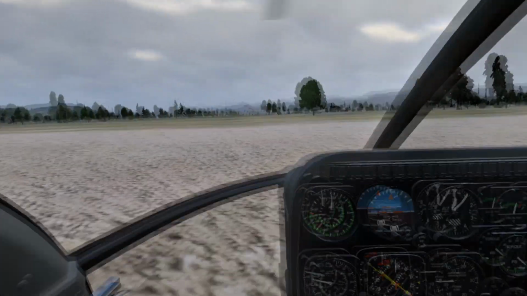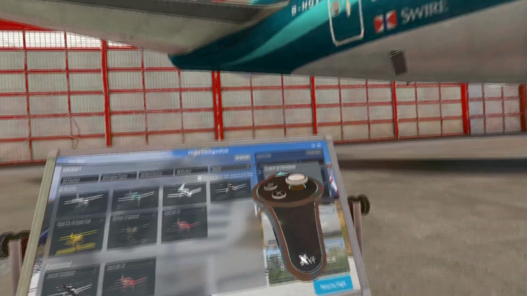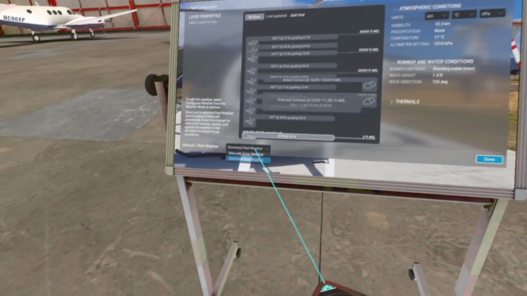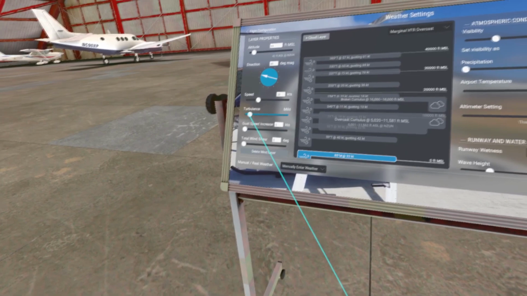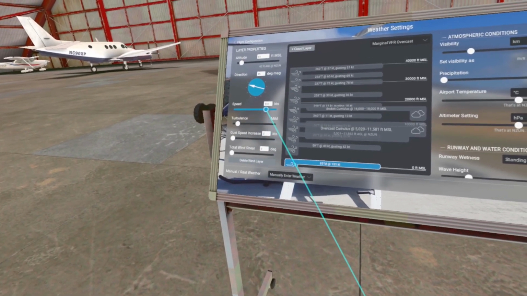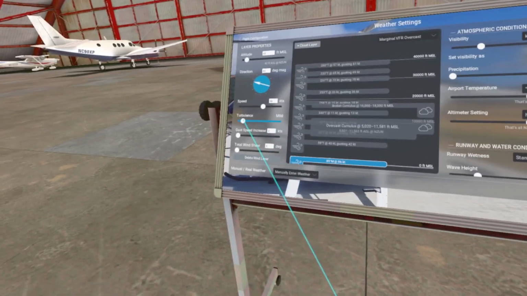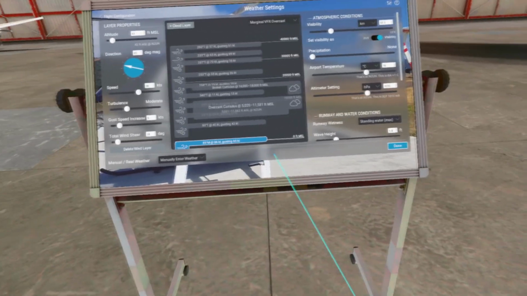Okay, so let's jump into the weather, flight configuration, and we'll go customize, go to manual. So this is our wind here, it's at 23 knots, so we'll wind it right up to something like, we wound it up quite high on the other one, so we'll wind it up a bit. Gusts increases, wind shear and all the rest of it, and we'll see how that affects